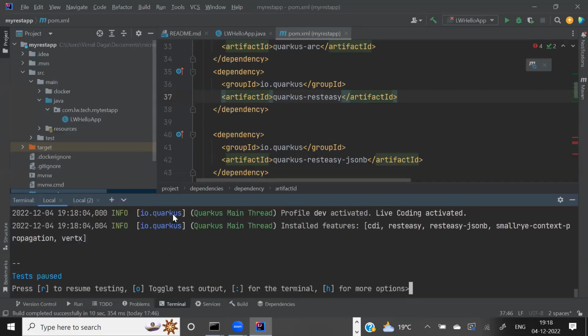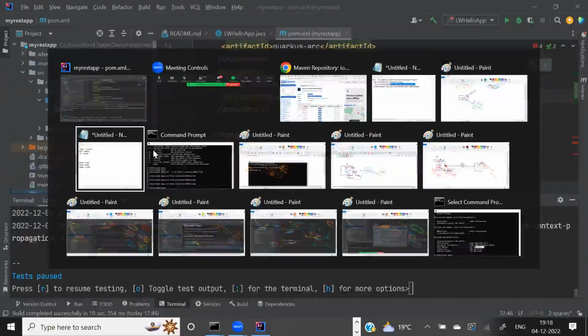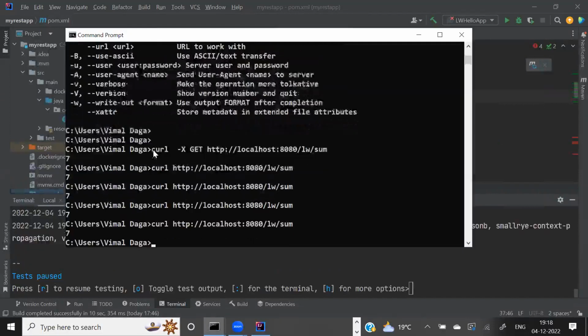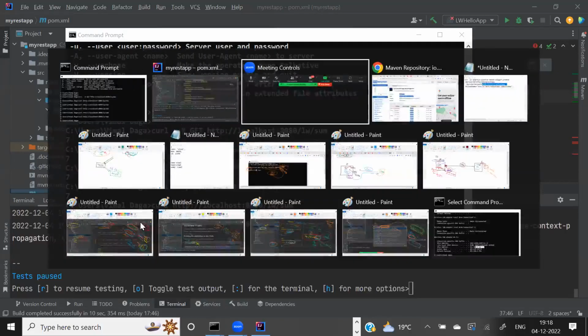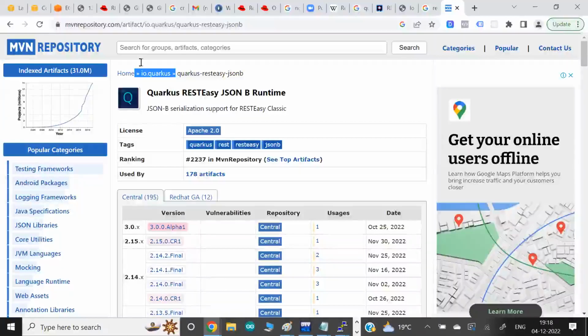Okay, and now if I go to my command again, last time we were generating output. Again, we're generating 7. We can see it in the browser actually. The command line doesn't show it because there's no keyword attached.